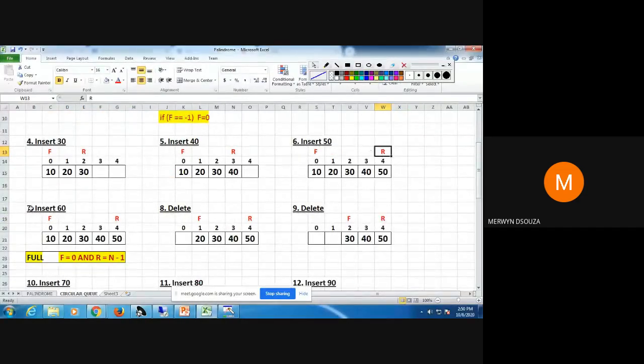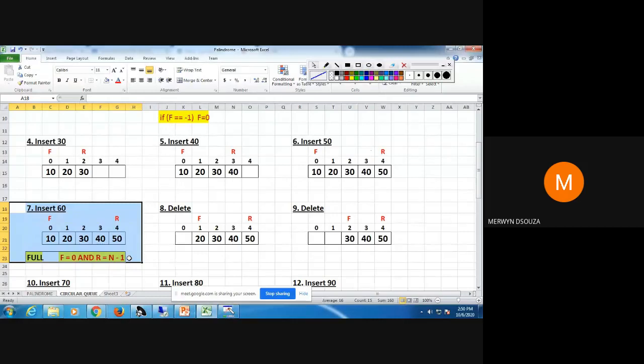Now, for example, I try to insert the next element, 60. Since front is equal to 0 and rear is equal to n minus 1, this condition is satisfied, so I will say that there is a queue overflow, or that the queue is full.